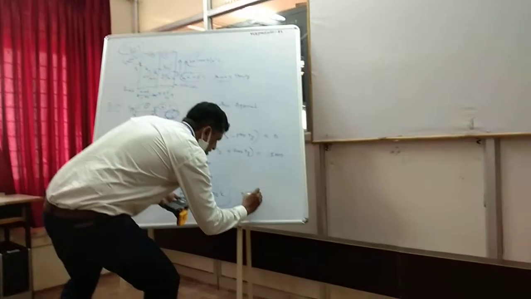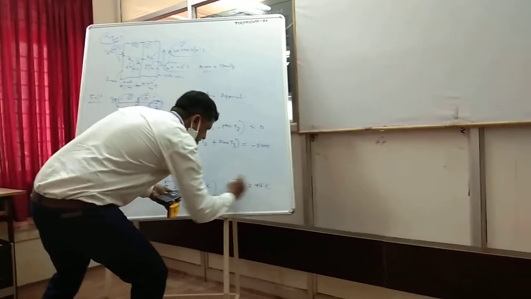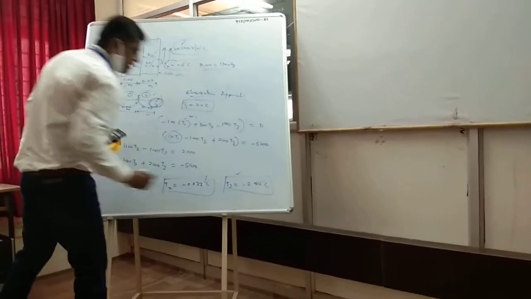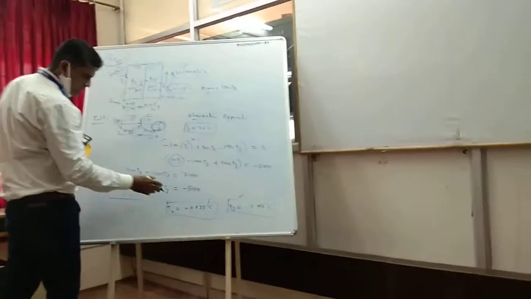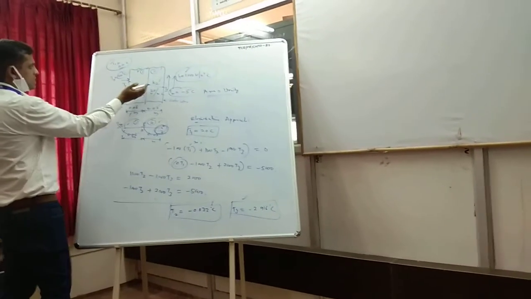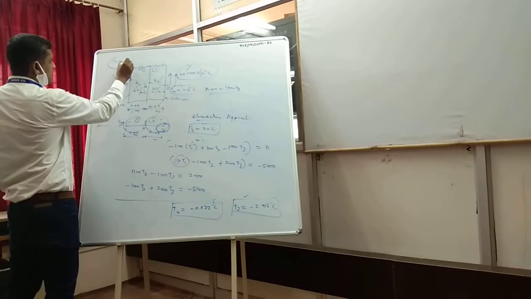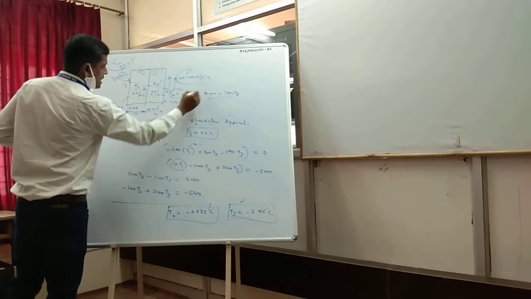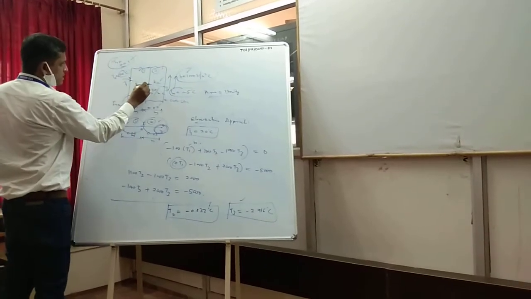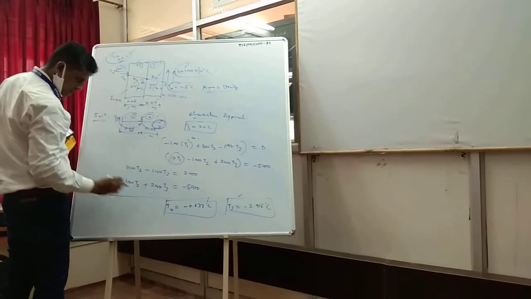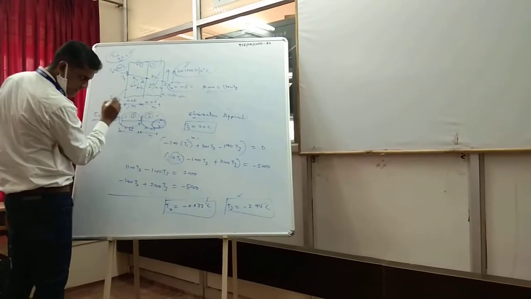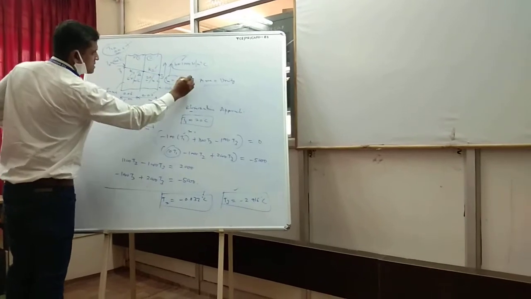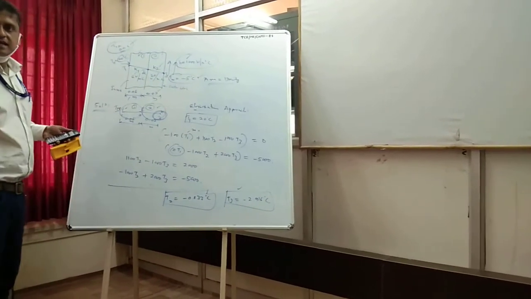T3 we got minus 2.916 degrees Celsius. This is how we can determine the temperature at node 2 and node 3 through the composite wall consisting of two materials. T1 is already given, this 20 degrees Celsius temperature during the heat transfer is transferred up to T infinity minus 5. Here we got 20 degrees Celsius reduced to temperature minus 0.833 degrees Celsius. Next, it is reduced to minus 2.916. Last, it is ambient minus 5 degrees Celsius.